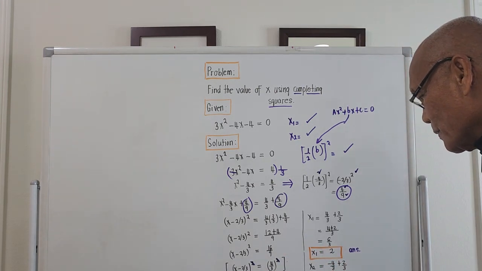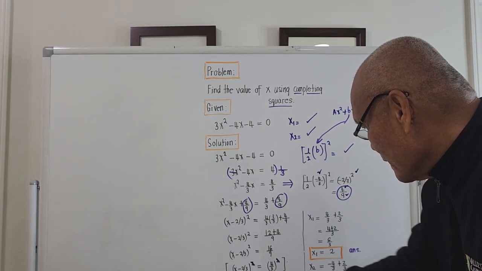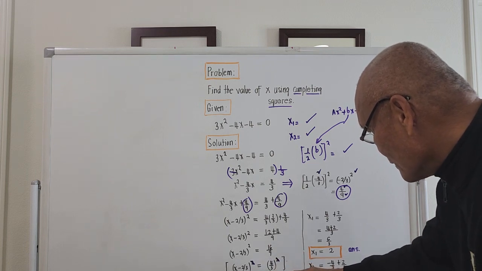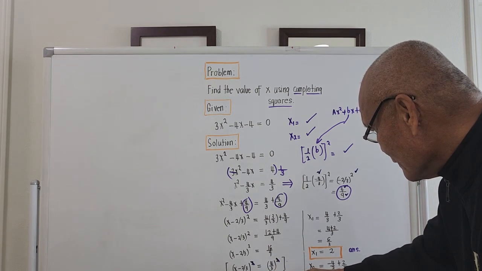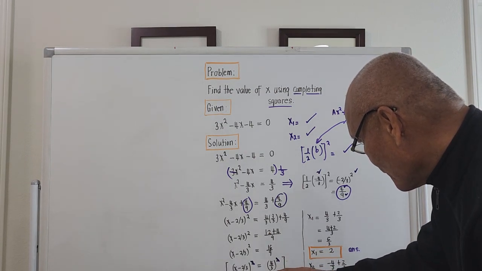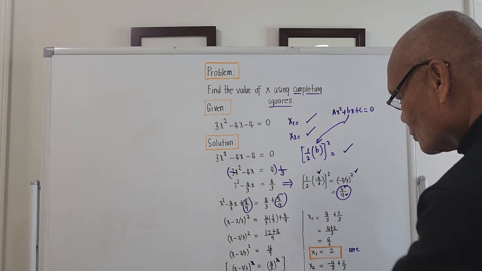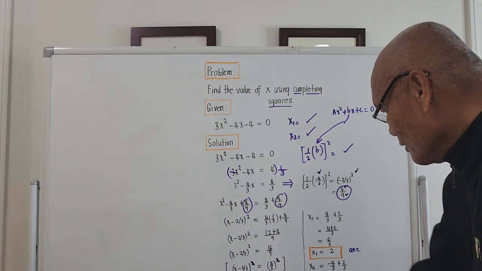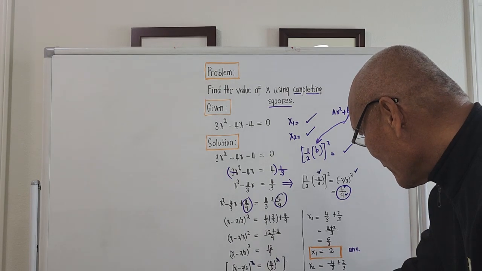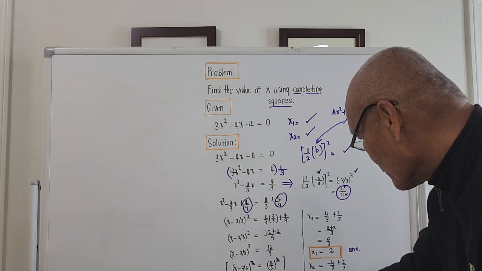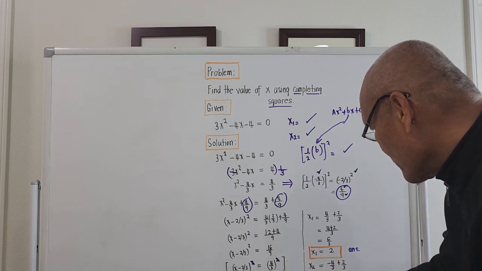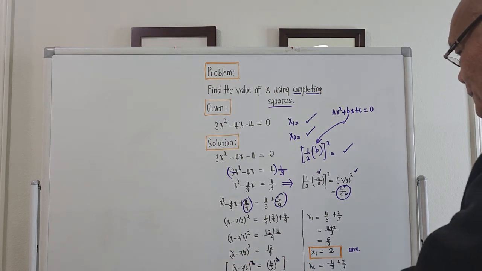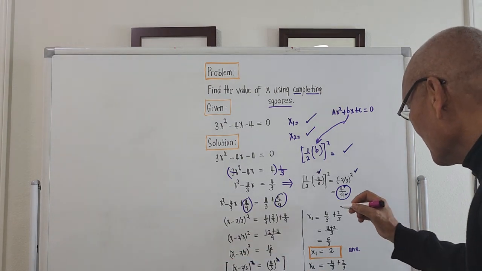So what remains will be x minus 2/3, and they should be equal to, for the right-hand side, since 4/3 is positive, okay? The square root will just be simply plus or minus 4/3. It should be plus and minus, right? Right? And to compute for x now, we transpose this to the right, it will be plus 2/3. So by using the positive side, the plus 4/3 here,